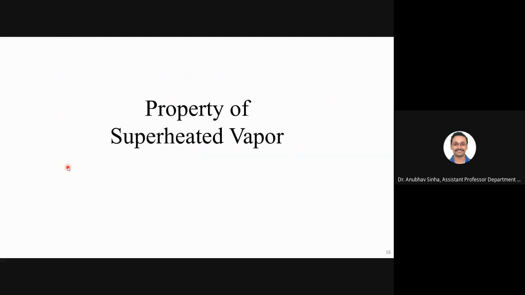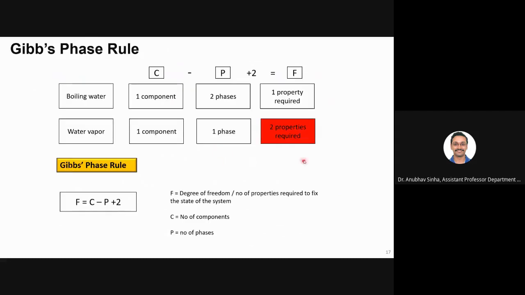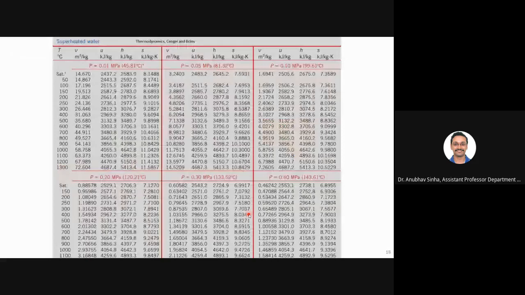Now let us go to the superheated vapor region. For superheated, we need two properties now, right? Either pressure or temperature or any other two properties. So this is how you will have tables for superheated. For different pressures, for example pressure 0.01 megapascal, this is the temperature column. For different pressures, the same temperature column is used. So there are different boxes for different pressure levels, and the values are arranged according to the temperature values. So we are using both.